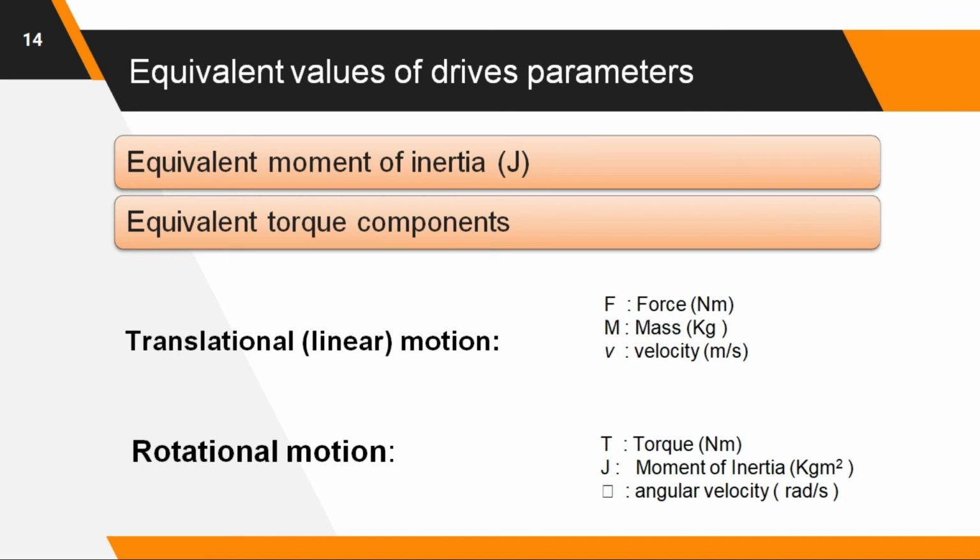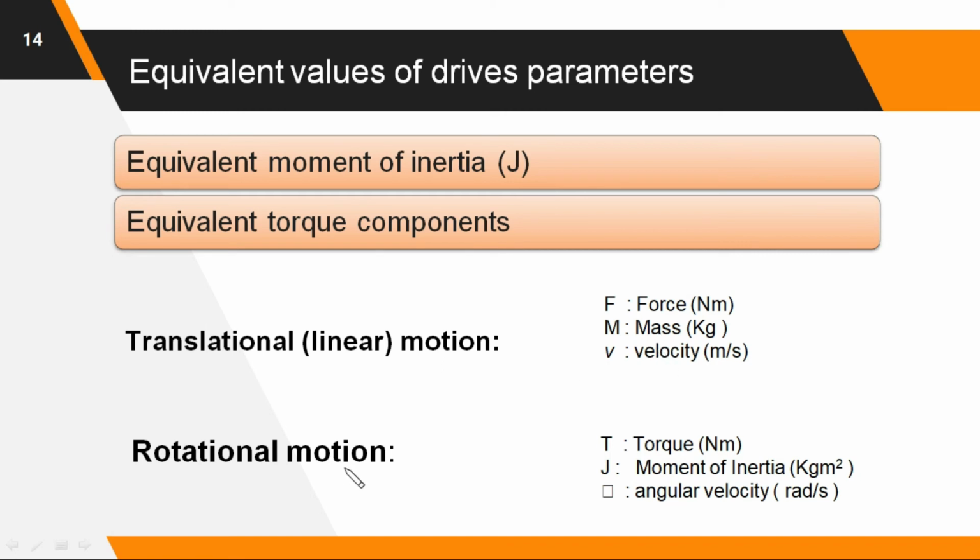So if the load has translation motion, then of course there will be a force, the mass in kg of that load, and the velocity, because it is going in an up and down motion as well as in a horizontal position. So this is nothing but translation motion. For example, a conveyor or lift. When a conveyor transfers any fuel or material, it has some force, some mass, and it is going with some velocity.